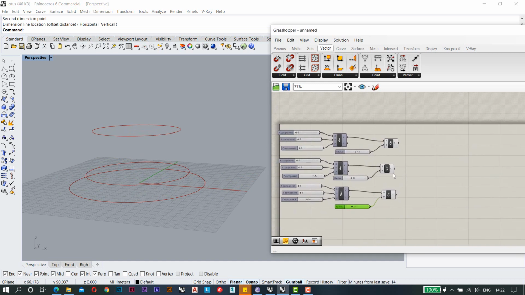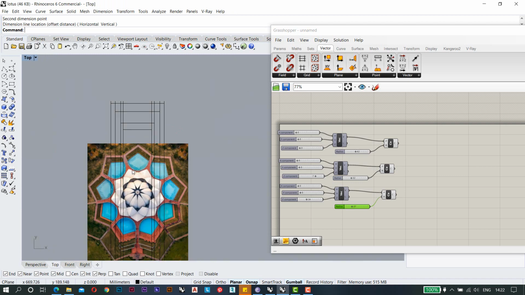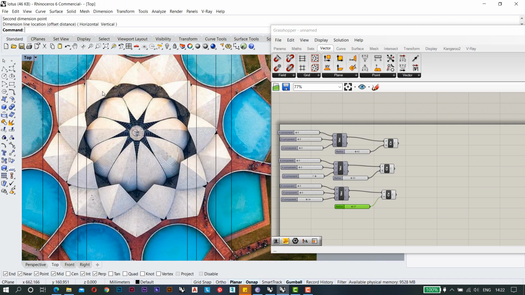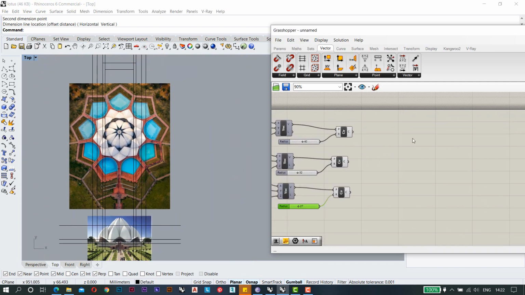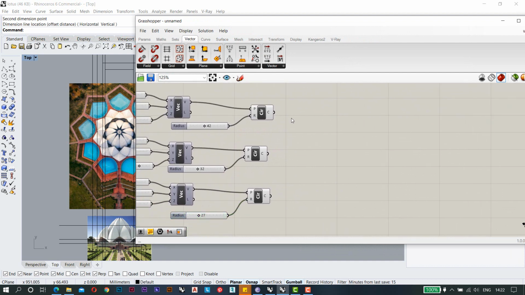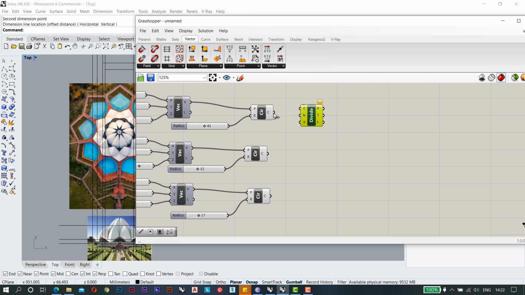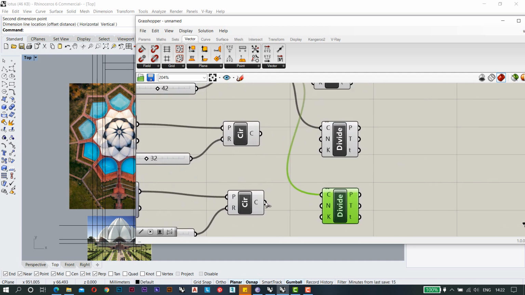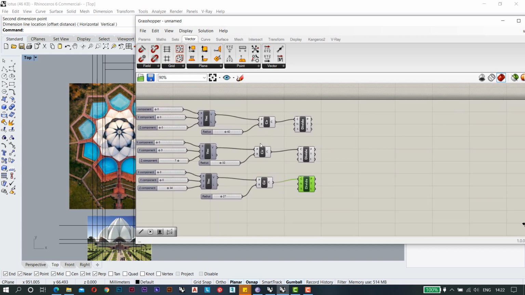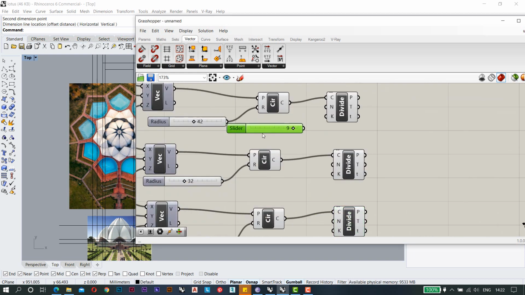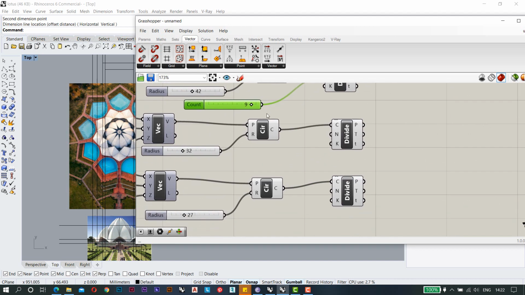Now we need to divide it in equal parts. So basically we have 9 leaves here, 1, 2, 3, 4, 5, 6, 7, 8, 9. So I will divide the circle into 9 parts. So basically I will use the plugin divide curve. So here I have to put my curve. So these will be 3 of it. So I will use this one here and this one here. So I need 9 divisions. So basically this is my numeric slider. So I am putting it here also and in the top and in the bottom.